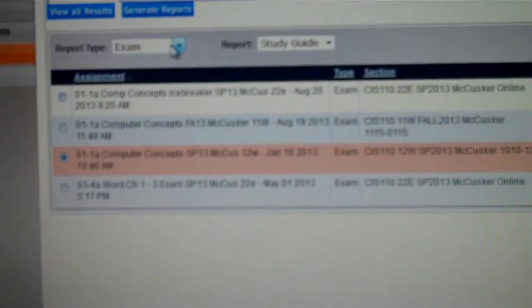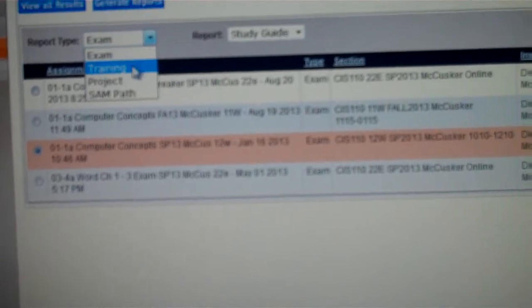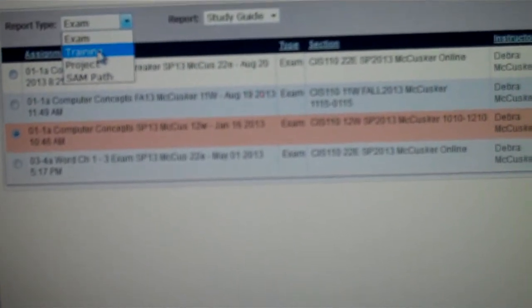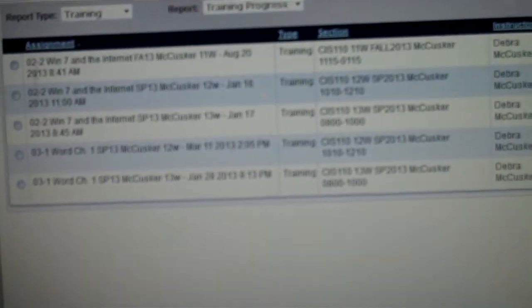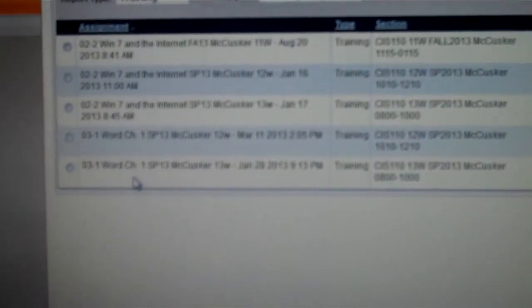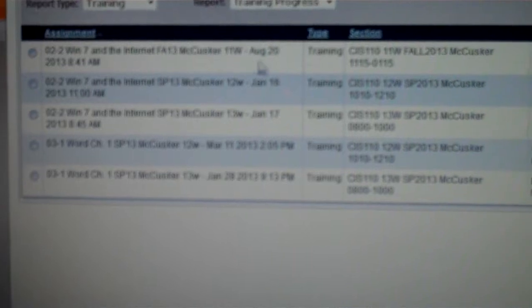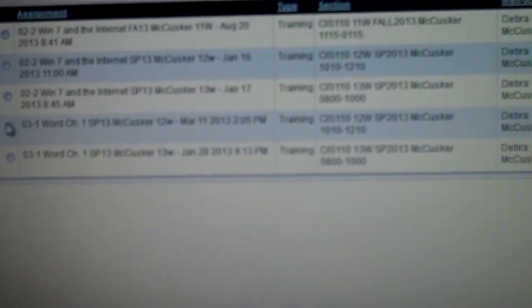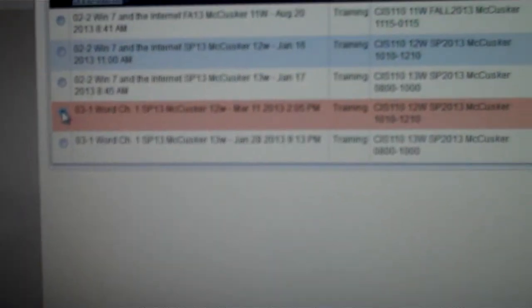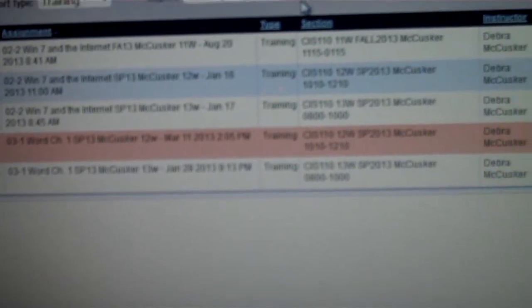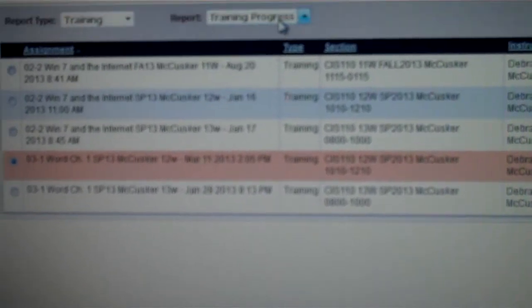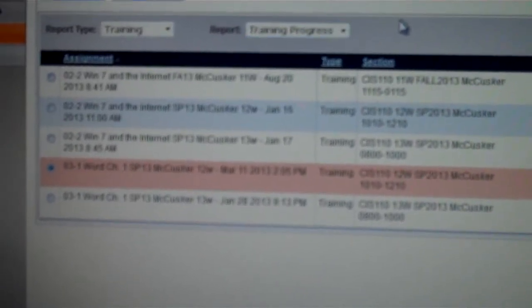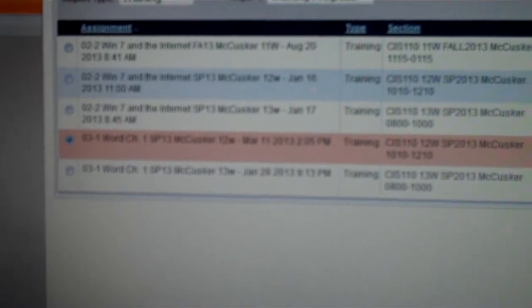Again, we can see exams, our training, and our project results. If I choose training, of course a different list comes up with only assignments of type training. And I can choose one of those assignments, and this time there's only one format called Training Progress, and when I generate the report,